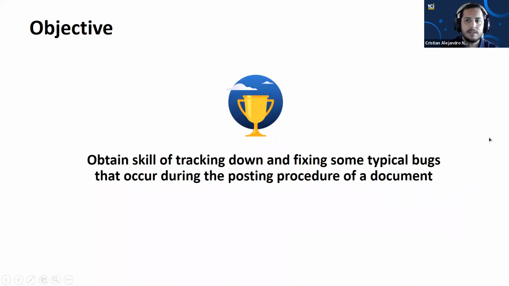So the main objective in this webinar is for you to obtain the skill of tracking down and fixing some typical bugs or defects that occur during the posting procedure of a document. So we will be looking at a live example of one of these defects that has been found on later